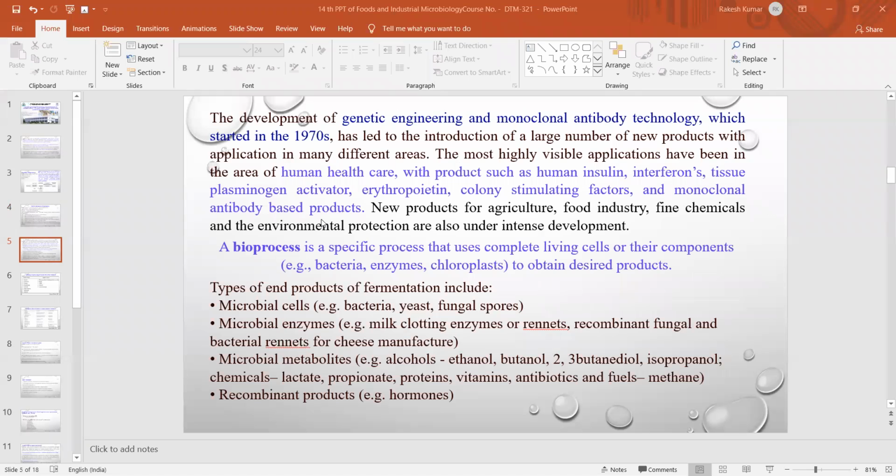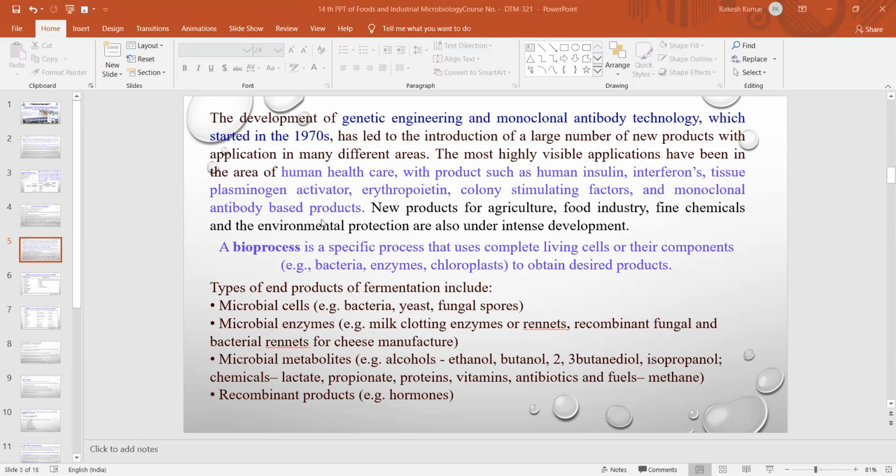Now, the development of genetic engineering and the monoclonal antibody technique, which started in the year 1970, has led to the introduction of a large number of new products with application in many different areas. Recently, you must have heard about the monoclonal antibody technique for development of different types of vaccines for controlling COVID-19. It's a very recent technique, and every day you can observe newer developments in different parts